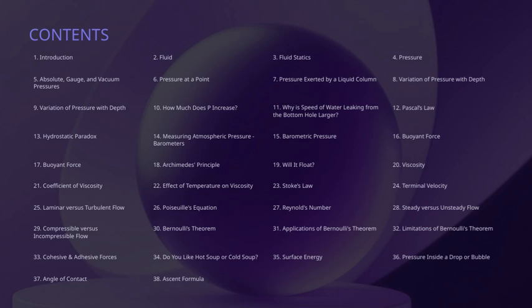Steady flow remains constant over time, while unsteady flow changes, affecting how we analyze fluid motion. Terminal velocity is another fascinating concept. It's the constant speed a falling object reaches when gravity is balanced by drag. Viscosity plays a crucial role in fluid flow, describing a fluid's internal resistance to motion, which influences laminar versus turbulent flow patterns. The buoyant force, explained by Archimedes' principle, tells us why objects float or sink based on displaced fluid